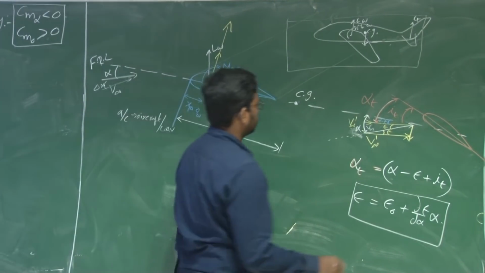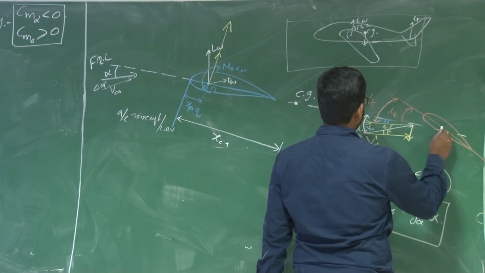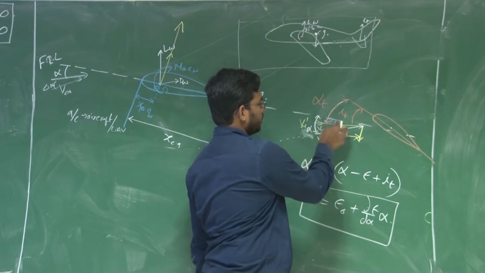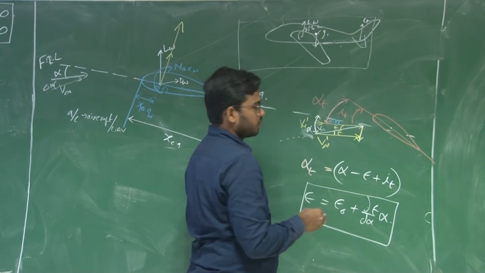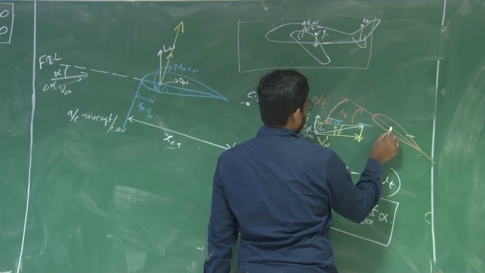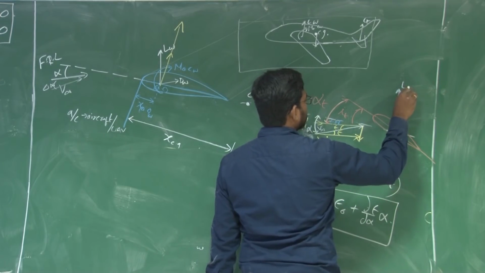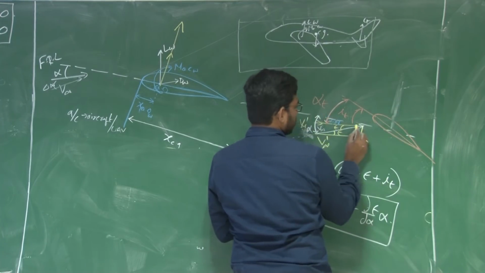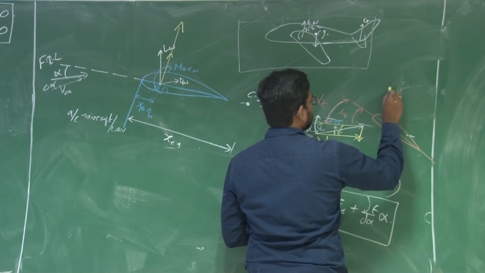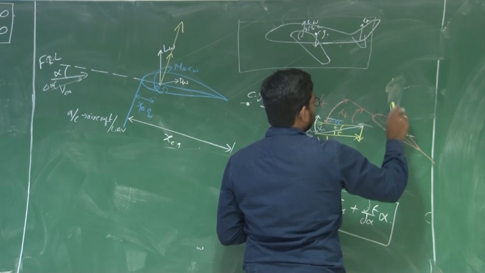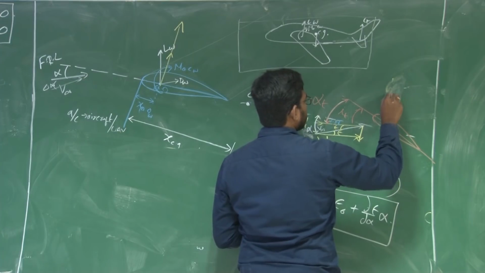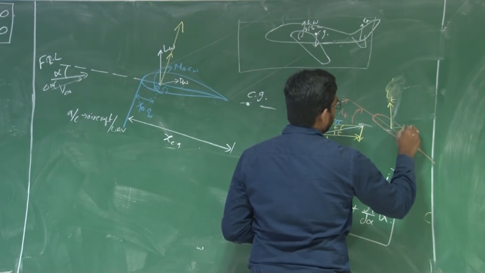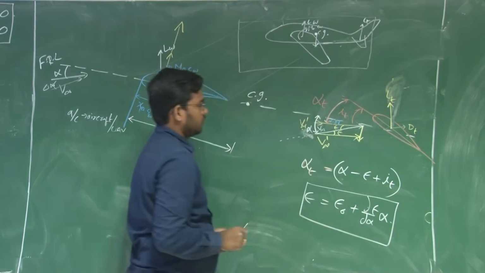Now the effective angle of attack with respect to the fuselage reference line is reduced here, right? So ideally this will be your lift that is generated at the tail, say, which is perpendicular to this yellow line. This is your free stream at the tail, this is your lift at the tail, and if you consider the magnitude, it will be less than the wing, right? And you have drag at the tail, right?